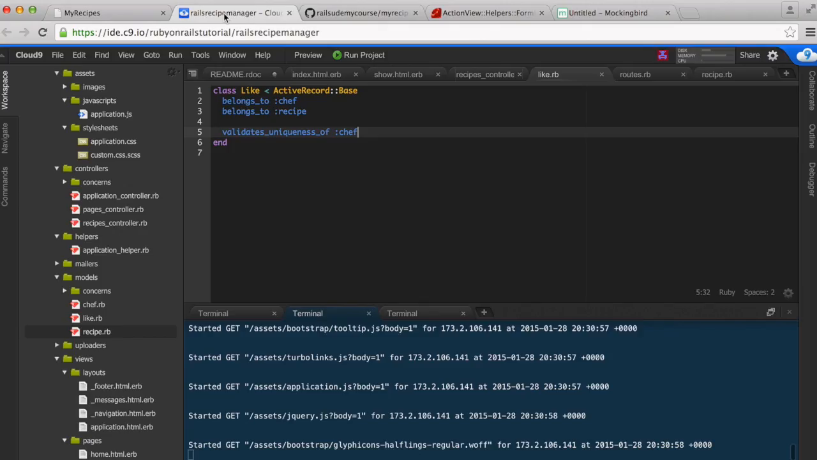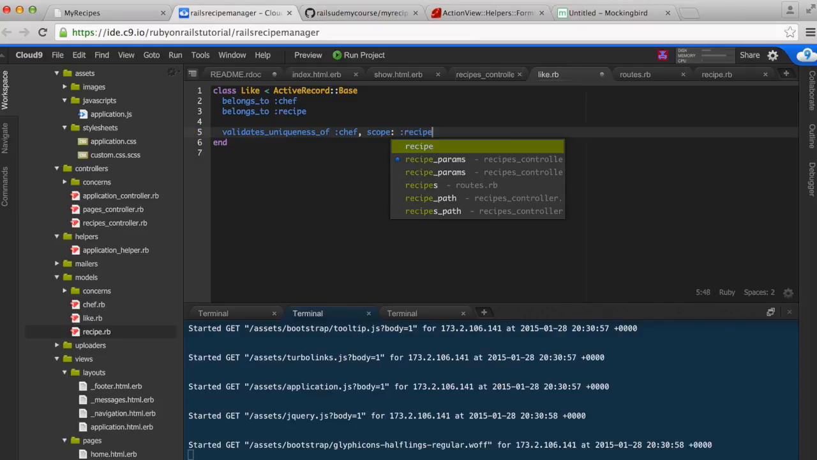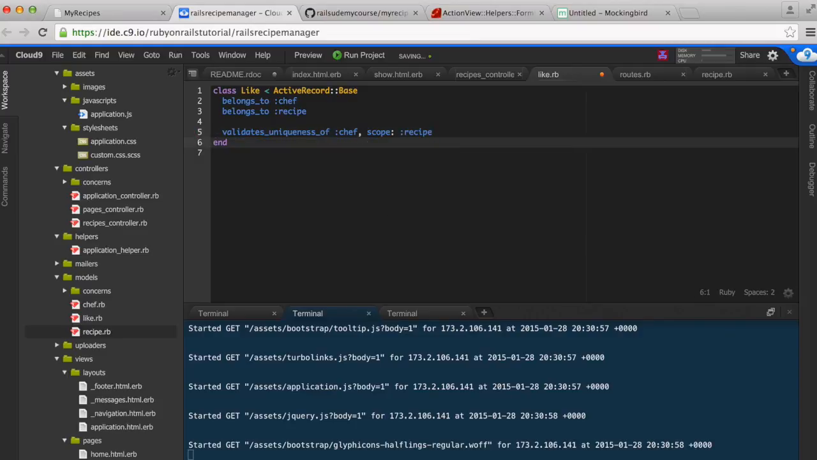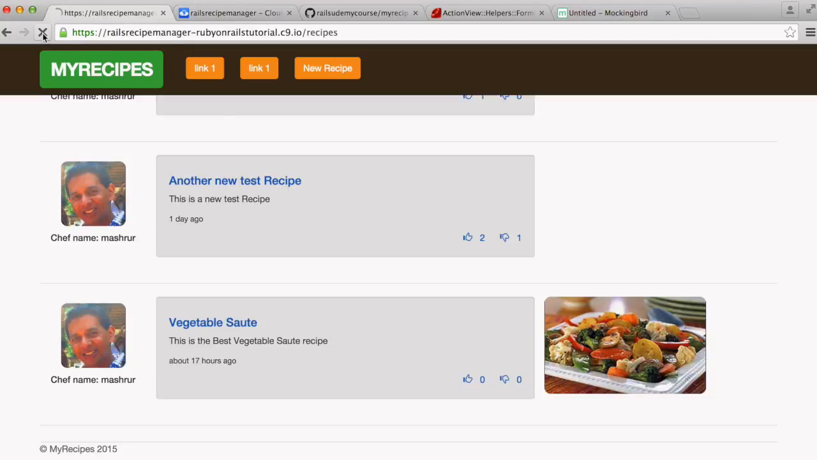To add that in, it's fairly simple. You can go here, validates uniqueness of chef, then comma, and then you can add in something like this: scope, colon, space, and then colon, recipe. Okay? Now this is building that in. Just by adding this line of code, now if I reload this page,